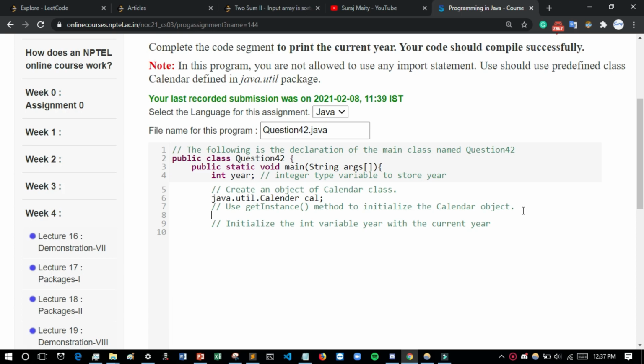Now cal will be equal to java.util.Calendar.getInstance.